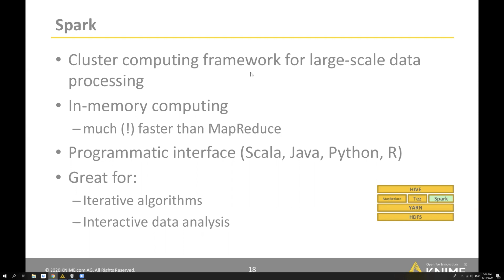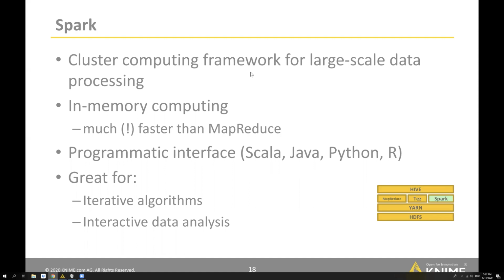Spark itself has a purely programmatic interface. So you need to be a developer in either Scala, Java, Python, or R to make use of Spark. The things that you can do really well with Spark that you can't really do well with MapReduce are iterative algorithms, and you'll find a lot of those in the data science domain.